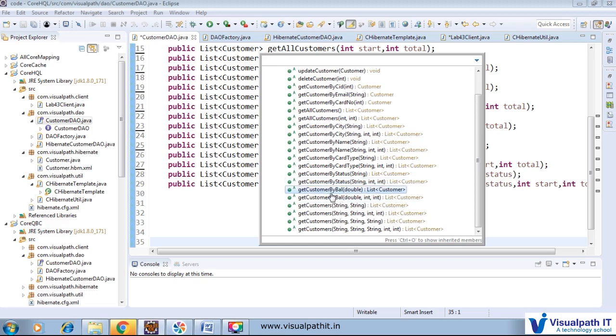This one is get customer by balance. There also we will provide a particular balance and we will get the customer information. Again we will provide a pagination concept. We will provide a balance equal to 1000 and a start value and max value as integers, and accordingly pagination will work. Here get customer will pass a string value, and accordingly it will give the result.